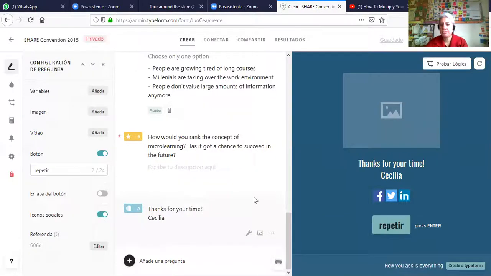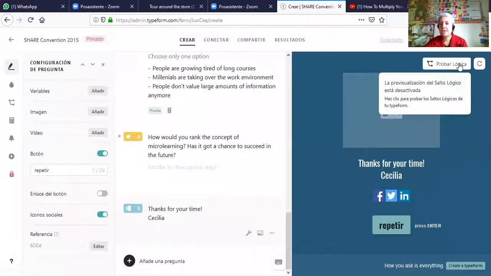Let's make a new one from scratch. I don't know whether to, because we don't have the pro version, but Prueba Lógica will ask me to improve my plan. And it's really fantastic. I made it, I used it for